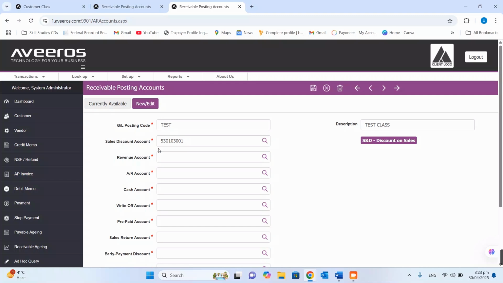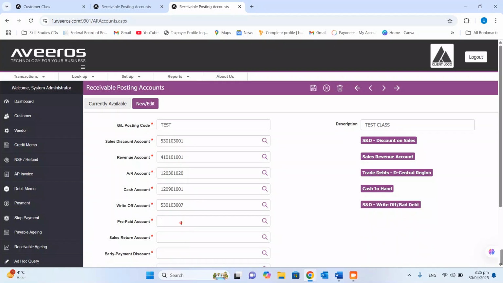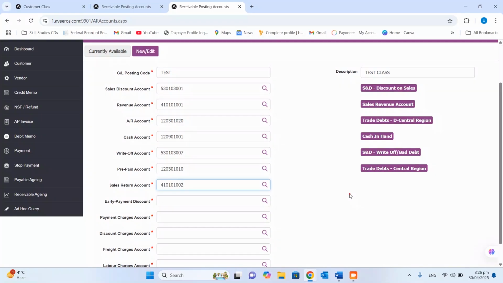530103001. Revenue account code is 410101001. AR account code is 120301020. Cash account code is 120901001. Write-off account code is 530103007. Prepaid account code is 120301010. Sales return account code is